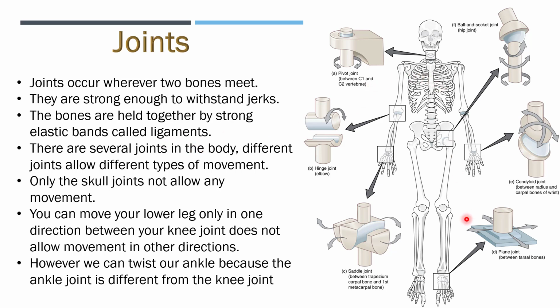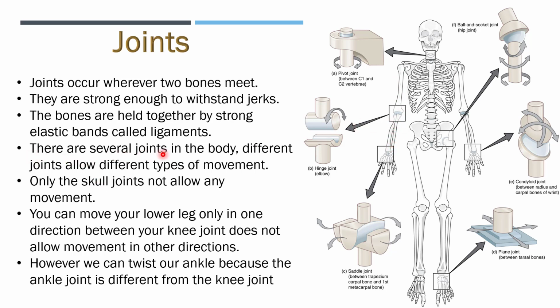As we can see in this image, wherever the 2 bones are meeting is called a joint. For example, this is our thigh bone and this is our lower leg bone. And where they are meeting, that is the portion of our knee, has a joint. In the same way, the elbows also have joints of our arm bones and lower arm bones.